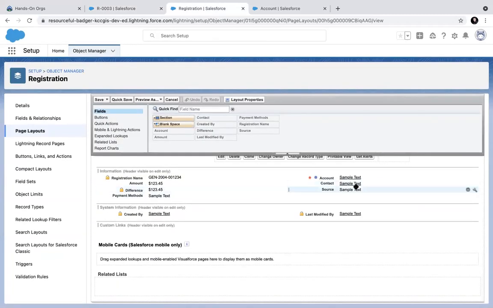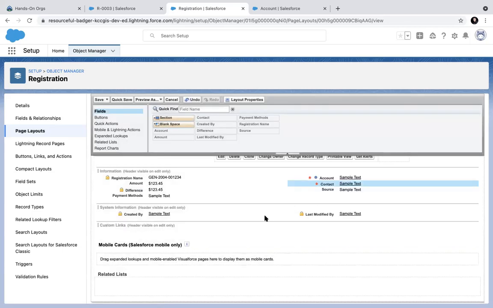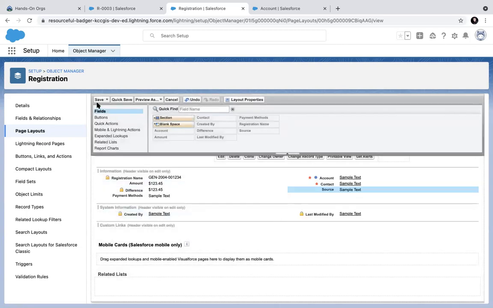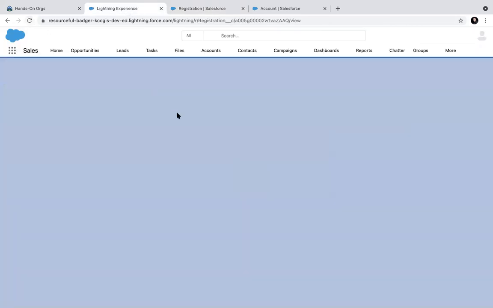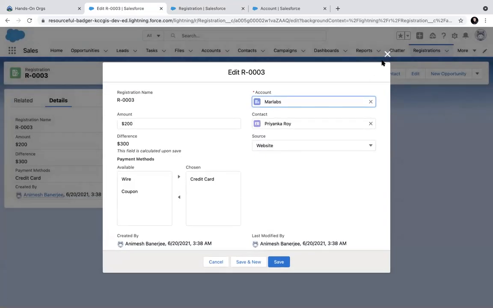You see the contact field is not mandatory, right? Because this is the master detail, that's why it was mandatory. But you can make this contact field required also. You can make source field required also. Or you can make source field read only. In that case, you will not be able to add value. So if I now create this, if I edit, now it will ask, sorry.